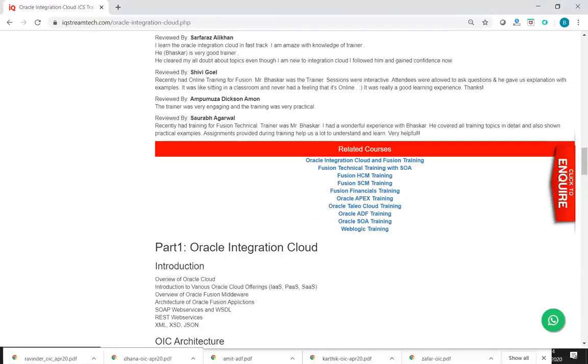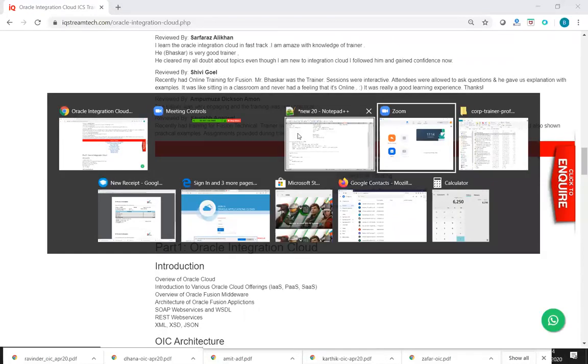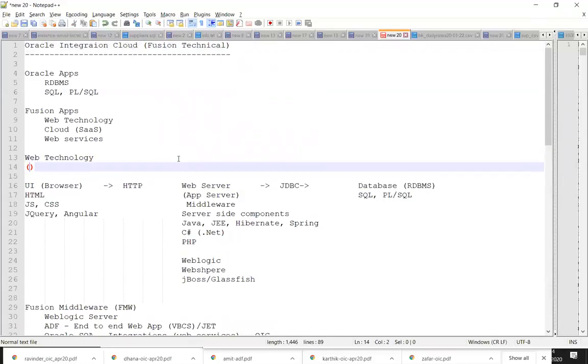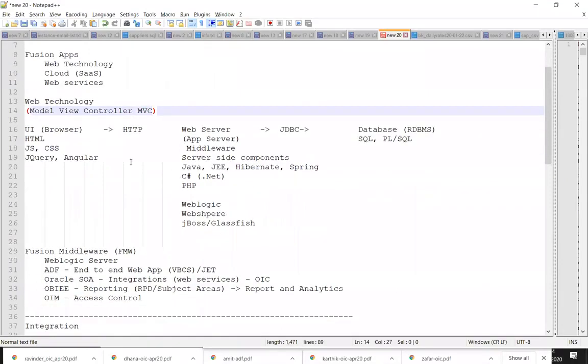All right. So what we discussed the other day was web technology or web application architecture. This is also called Model View Controller architecture, or MVC. Here we have one web server sitting between your browser, that is the UI, and the backend database.